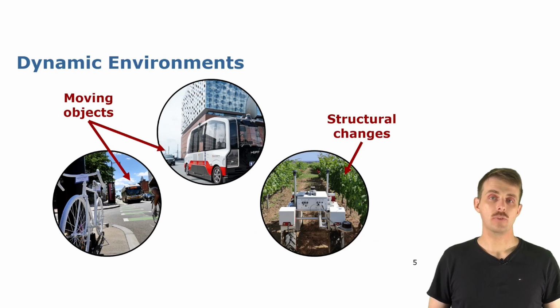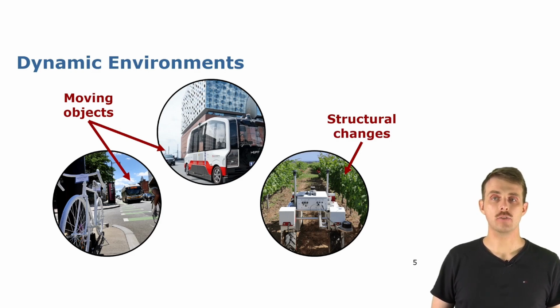All these platforms, all cases, have one thing in common. The robots have to operate in dynamic environments. And in the first two examples, this is quite clear because we have moving objects in the environment. But also the third one is actually dynamic because it contains structural changes. So the environment itself is changing over time. And all these can be challenges for a mobile system to take the right decisions because of moving or dynamic